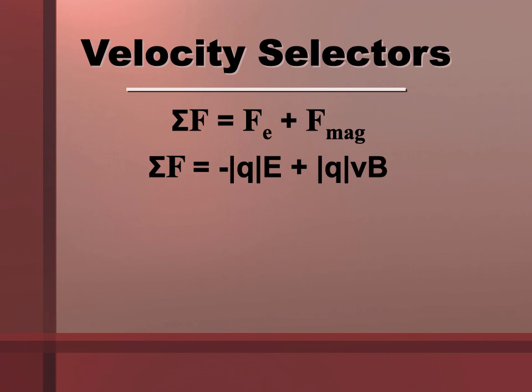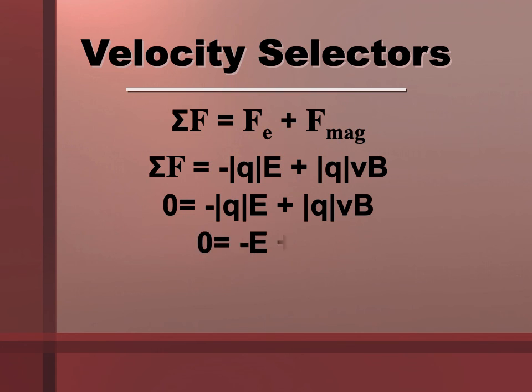The electric force is the charge times the electric field. That's from an earlier chapter, I believe, that we didn't necessarily emphasize. And the magnetic force is the charge times the velocity times the magnetic field. We're assuming perpendicularity here, so we have no sine of theta. And we want it so that the total force is 0 so that the particle goes straight through without being